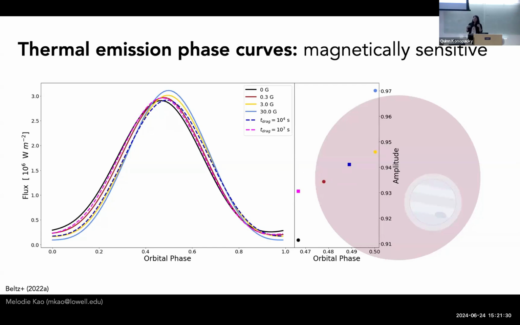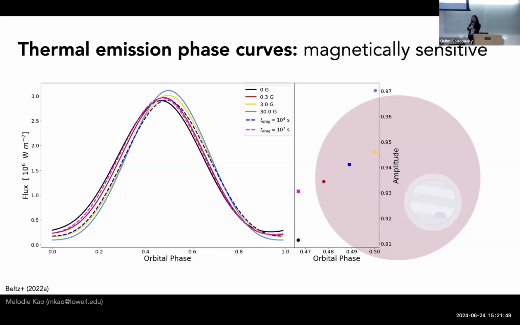If you have a planet that's weakly magnetized, then you might get more day side to night side wind. And so as a planet is going around a star, if it's strongly magnetized, you'll see the peak in its phase curve